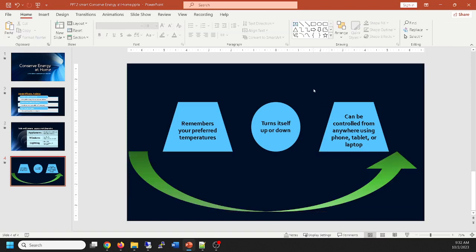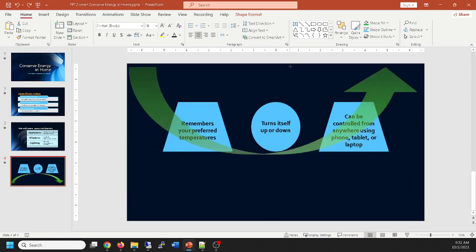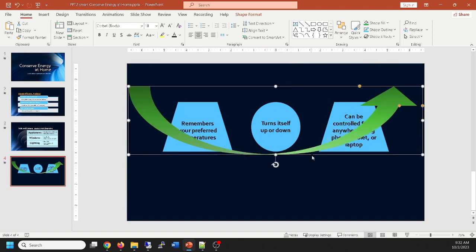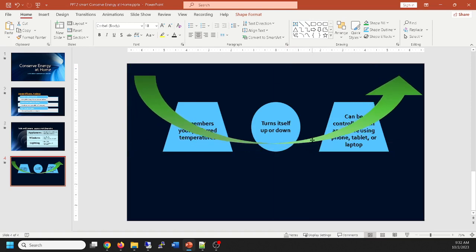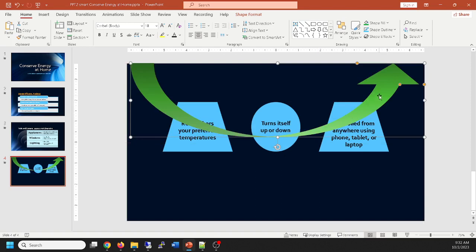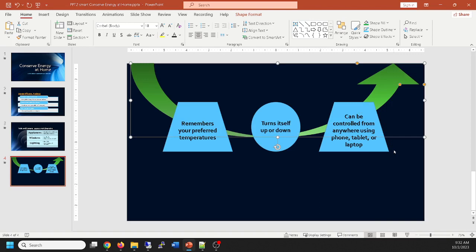If you're okay with a slight adjustment in the shape, you can always just grab that and flip it, and if it's not perfectly the same size as it was before, it's not going to be a big deal, since this is more decoration. And I'm going to move that up a little bit. Let's see, I'm going to bring it to touch the edge of that slide, and I'll bring that down a little bit. I don't want it blocking text, so I can right click, send to back. And now I have decent looking graphics,